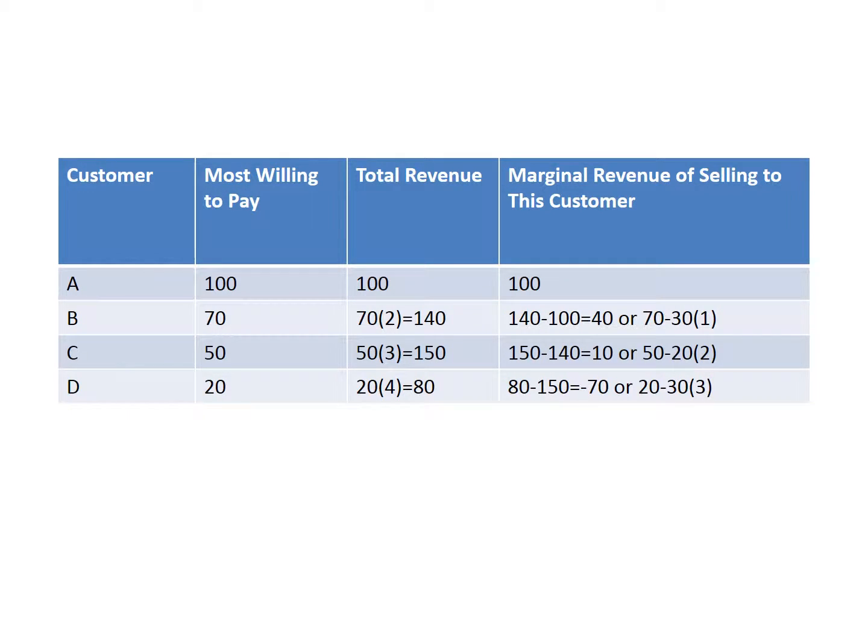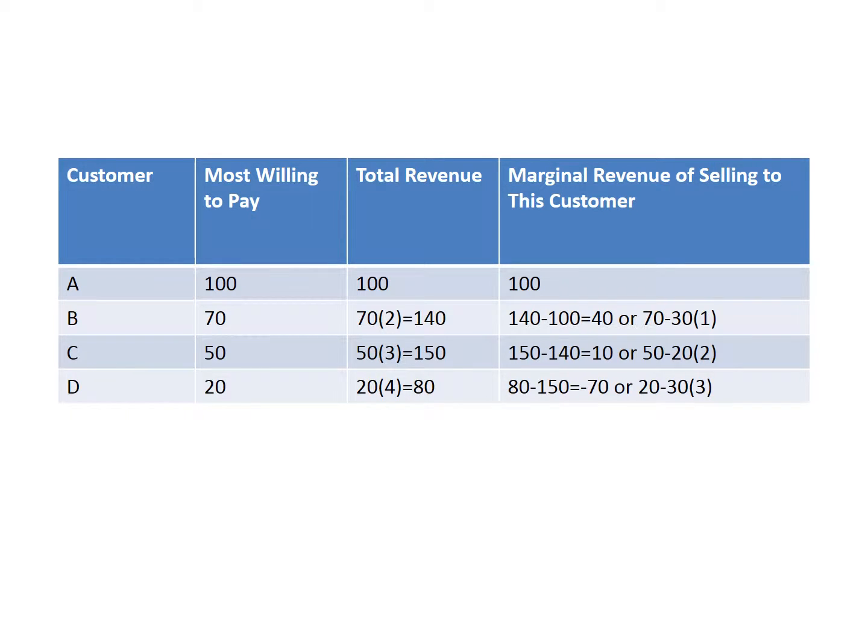So what's the marginal revenue of making 1 product and selling the product just to customer A? Well, if you make no products, you get 0 revenue. If you make 1 product, you'll sell to A for $100. So if you sell 1 product, your marginal revenue of that product is $100. Now, what if you go from selling 1 to 2? Well, the only way to sell 2 products in this example is to set a price of $70. So if you sell 2 products at $70 each, your total revenue is going to be $140. So what's your marginal revenue of selling your second good? It is the difference between $140 and $100, or $40.